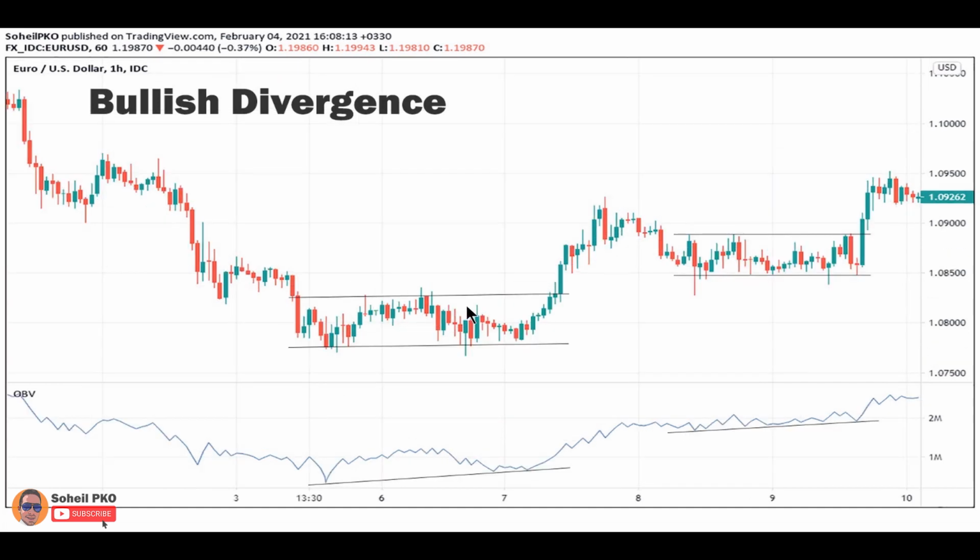to an uptrend. Also, when the price is in a trading range moving flat but OBV moves higher, this can be an indication of a possible breaking of the range and advancing of the price. As you can see on this chart, here and here the price is in a trading range moving flat, but on balance volume is moving higher in these periods, and you see that the ranges are broken and the price advanced